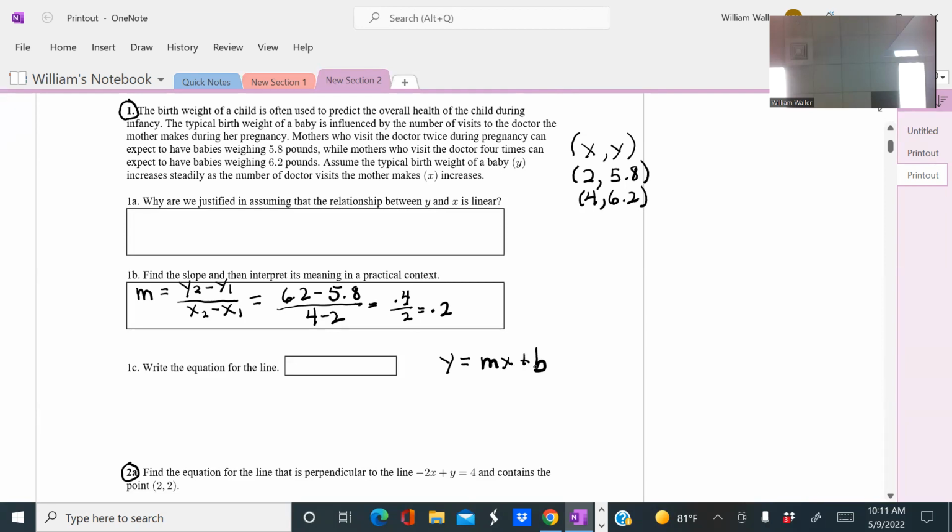So, but we can use the other form, which was what? y is equal to m times x minus x1 plus y1, right? And here x1, y1 are any point on the line, but we have 2 points on the line, so we got plenty of options, and we know what the slope is. That's 0.2. So we have y is equal to 0.2 times x minus, let's use the first point, 2 plus